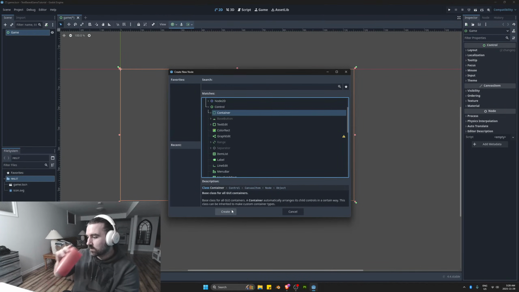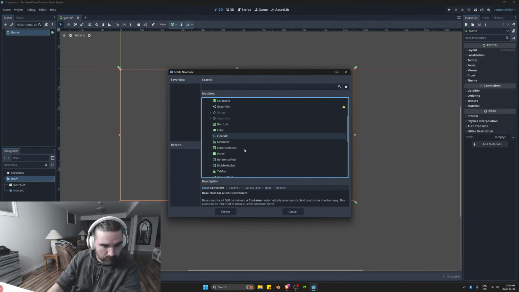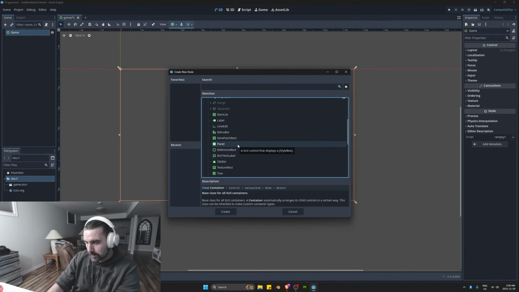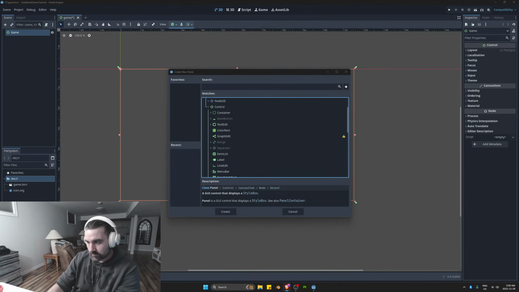So what we want is a container node that's going to contain all of our game elements and will help automatically determine how those elements are laid out. So we're going to start with a panel container. So I'll hit container and come down into panel container. Another thing you can do, though, because it's confusing and difficult to remember where everything is, you can just type up here. So if I start typing panel container, we'll see right here. And it's important, don't use a panel, we want a panel container. So if I do a panel container,